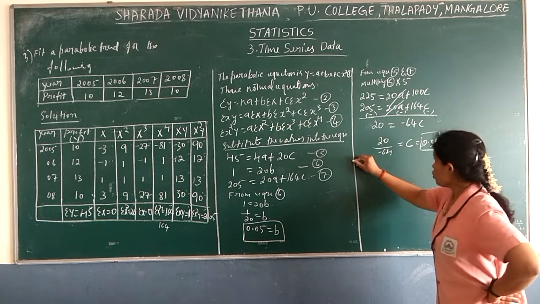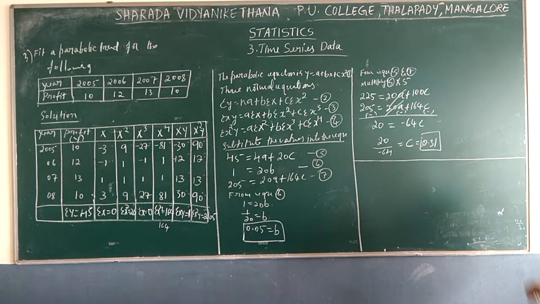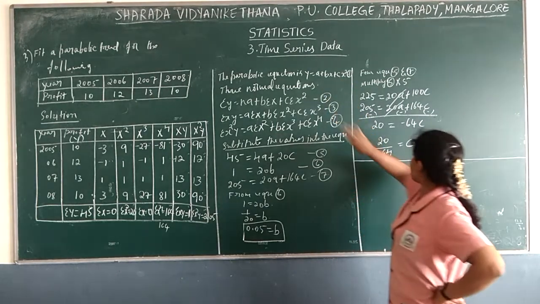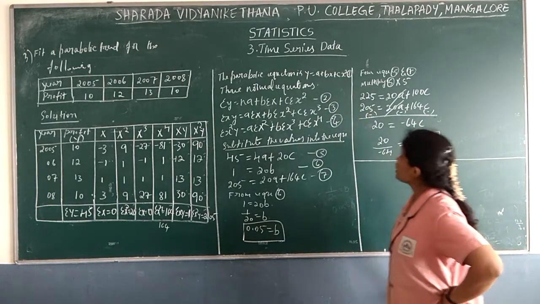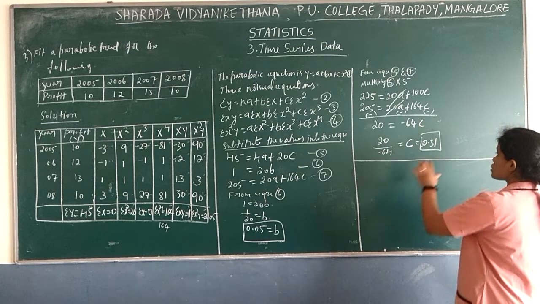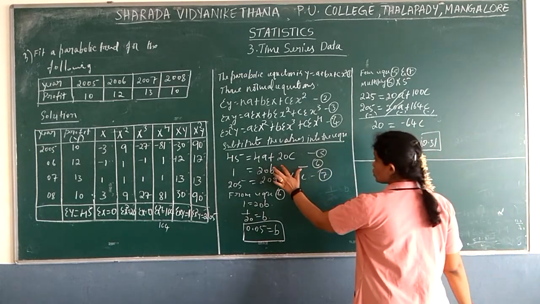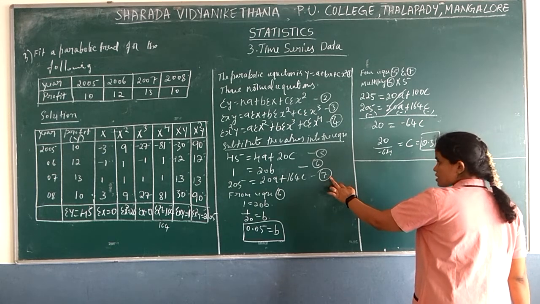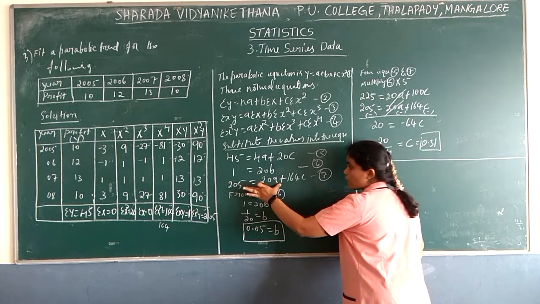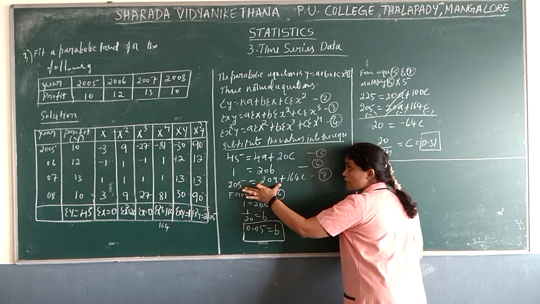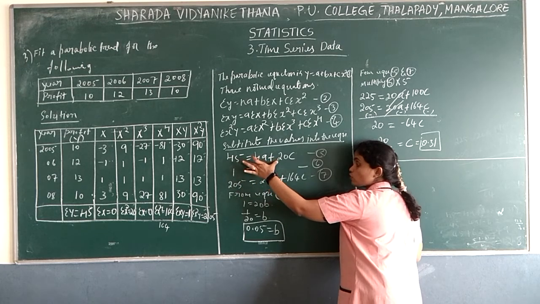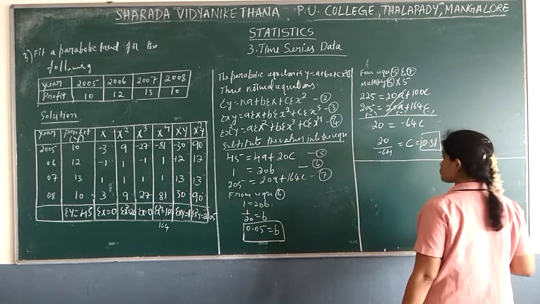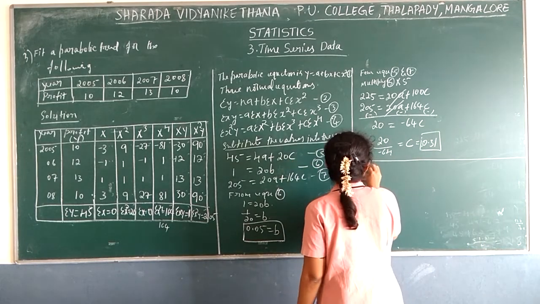Now one more constant value is pending. We got c and b. Now a is pending. So substitute this c into equation 5. We can take equation 7 also, but as I said, their values will be a little larger compared to this. So we take this equation. Always we take this equation.